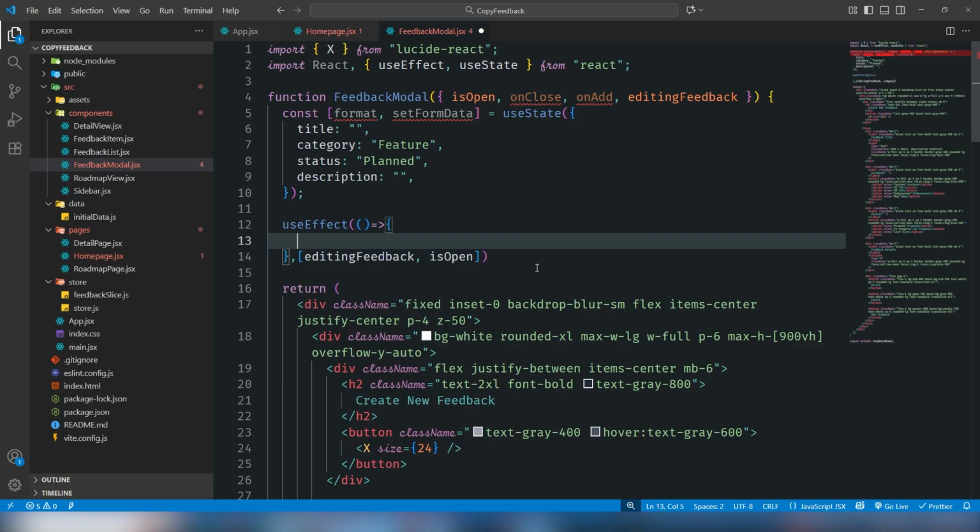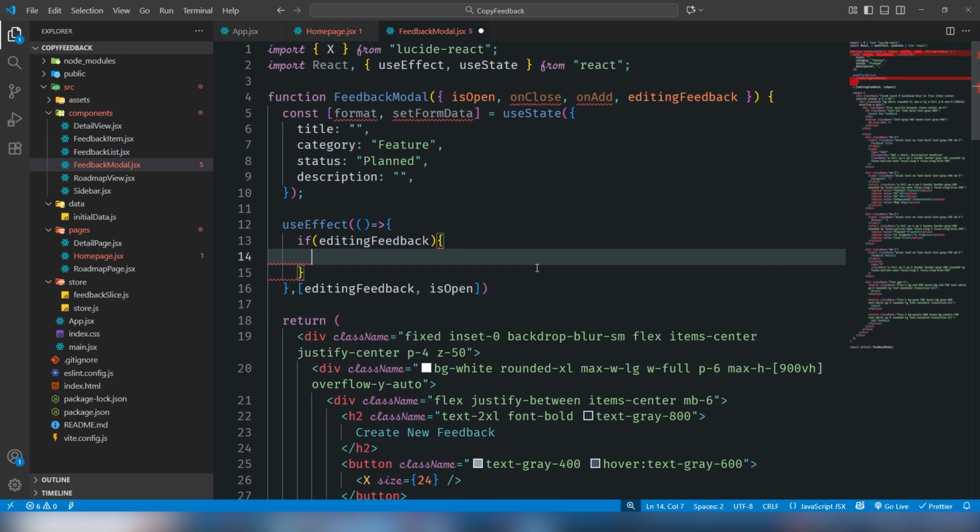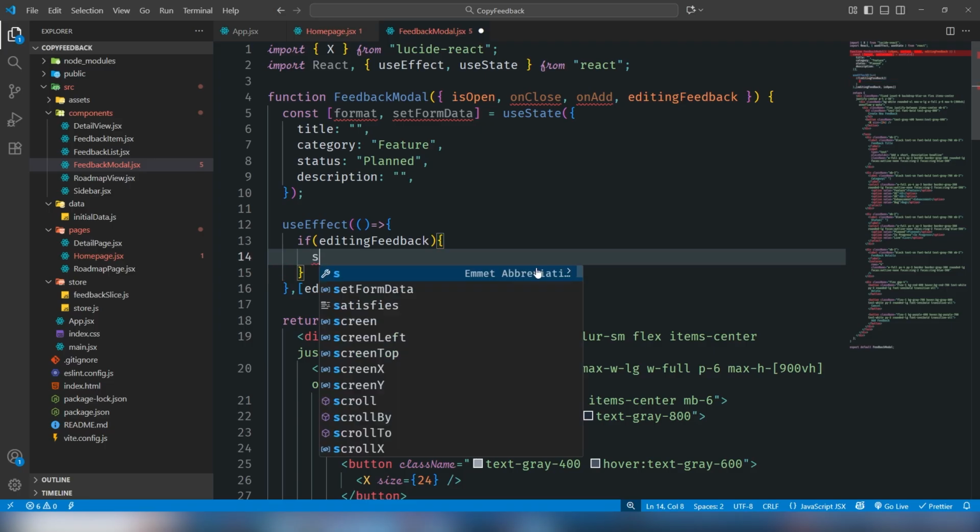So the first step I'm going to use, if editingFeedback exists, means user will edit the record. I will also manage it later. This time I will use the logic inside the modal. When user will click on the edit, then I would say setFormData,